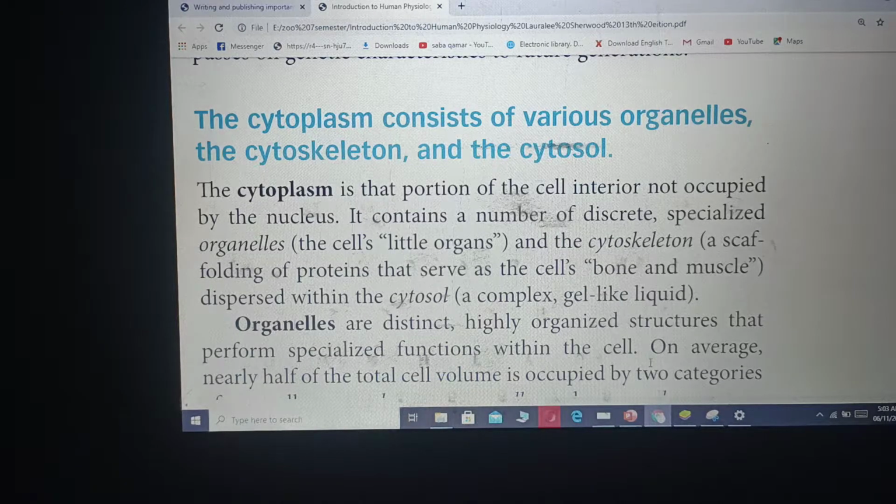Actually, organelles are also known as little organs. And cytoskeleton plays an important supporting role inside the cell, and it is also known as the bone or muscles of the cell. Bones and muscles play an important role inside the human body and many other animals, in invertebrates as well as vertebrates, and both bone and muscle play an important role in support, while in case of the cell, this supporting role is provided by cytoskeleton.